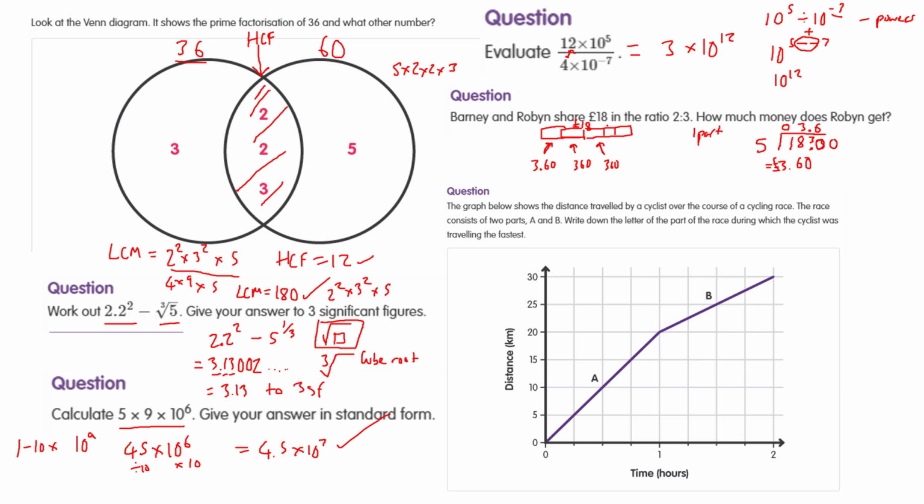So how much money does Robin get? Well, Robin, this is B for 2, that's Barney, and Robin gets 3 parts. So all you need to do is 3 times 360, or 3 times 3.60, whatever you prefer, to get Robin's part. If you can't do that, you can add it up, but £3.60 three times is 7.20, that's going to be 10.80,